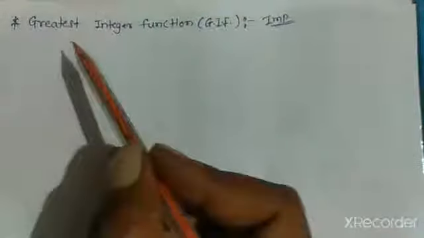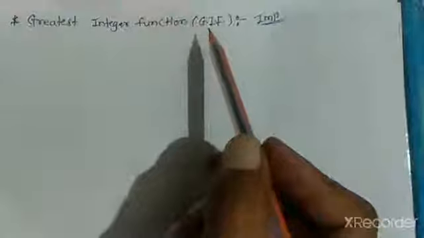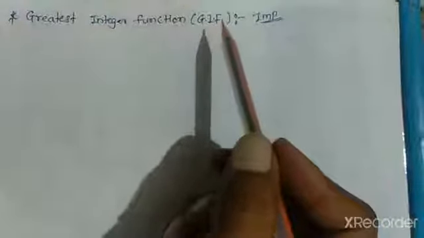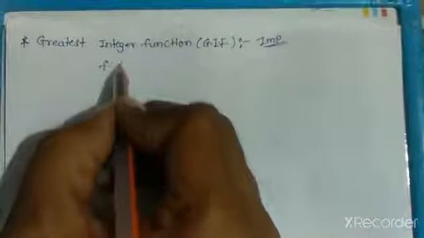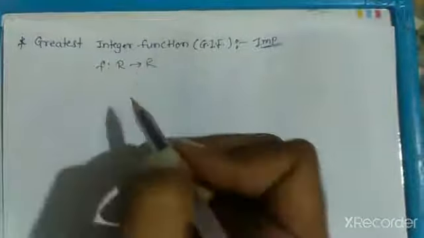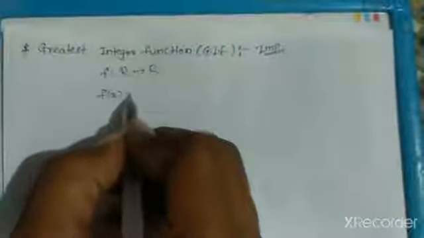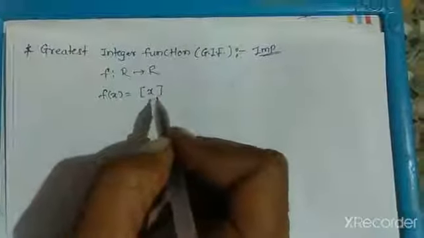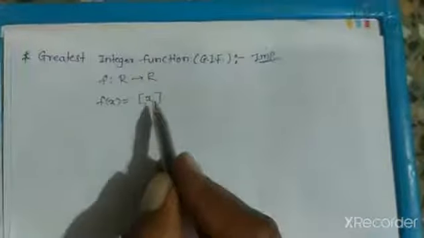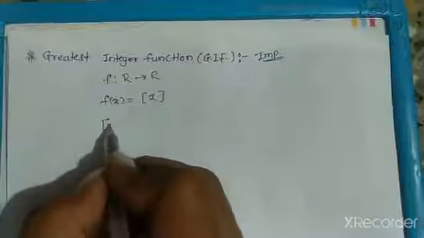Everybody, today we are going to study the greatest integer function, which is known as GIF. In shortcut we write it as GIF. Here a function is defined from R to R. f is a function from R to R, and f of x is defined as the greatest integer function of x, which means that if we define,